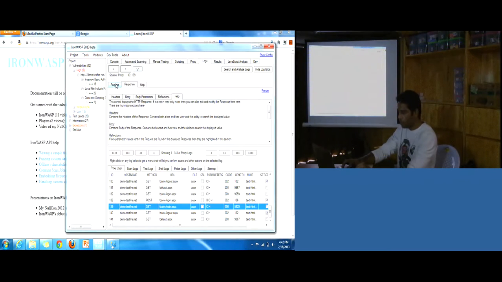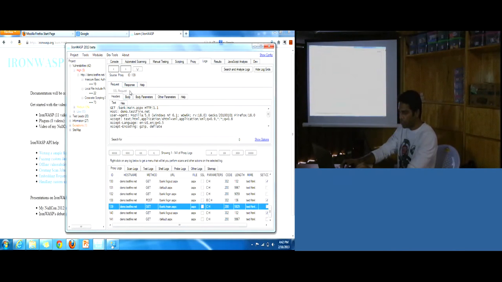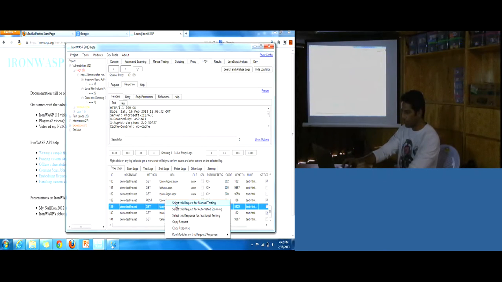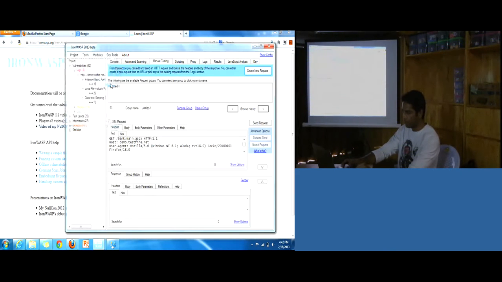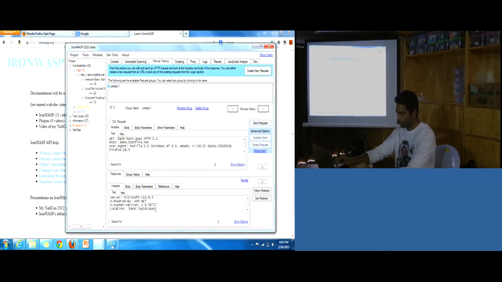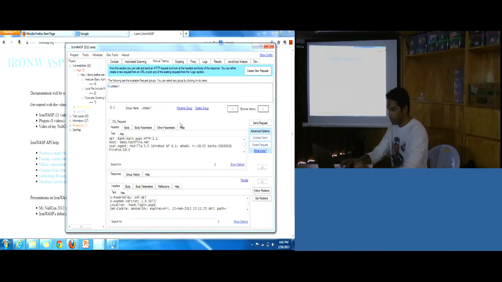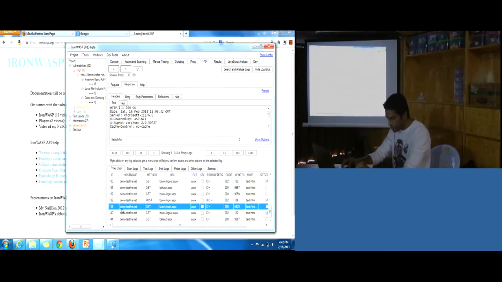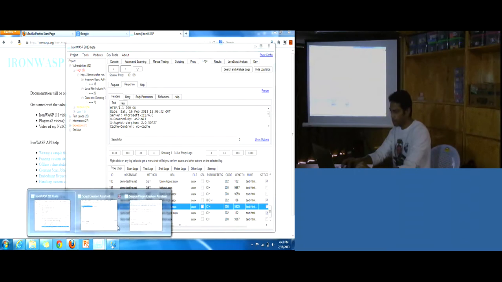When I was logged in and I sent a request here, I got a 200 OK response. Now I have logged out of this page. Let me resend this request again. Now it does a 302 redirect to login.aspx. So this page gives a different response for a logged in user and a logged out user. I'll use this. This is log ID 139.